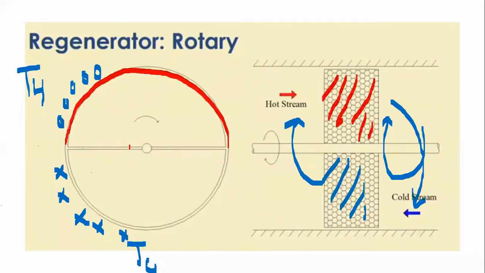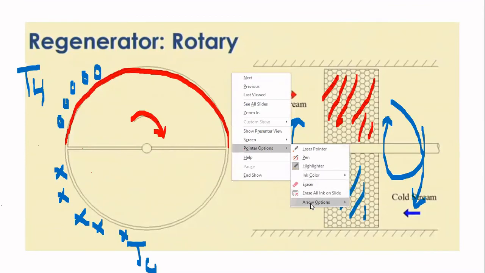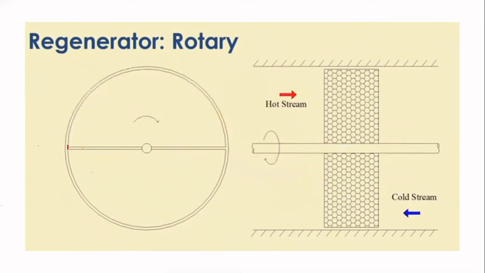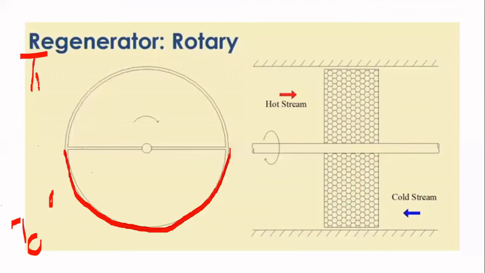Now what we are going to do is rotate this particular structure. Once we rotate that, the hot and the cold surfaces are going to change their positions. Initially, you can see that the hot surface is on the top. Later, the hot surface will come to the bottom, but the fluid flow remains the same. Here still the cold fluid is flowing. The fluid temperature is TC, and here still the hot fluid will be flowing.